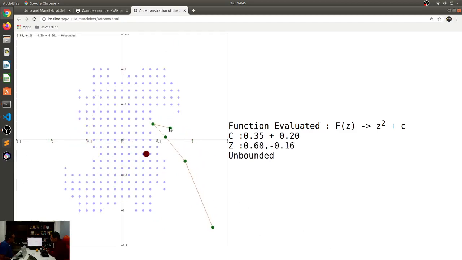If I keep my mouse on one of these white spaces, it is unbounded. But if I keep it on these blue spaces, you will see that it is bounded. I mean, it doesn't mean it binds to a specific value. It just binds arbitrarily to somewhere, but it remains bound within that area. This is what we'll be doing as part of the coding thing today. So I just wanted to basically code this up, and I wanted to show you some beautiful Julia sets and show you what it looks like. All right.